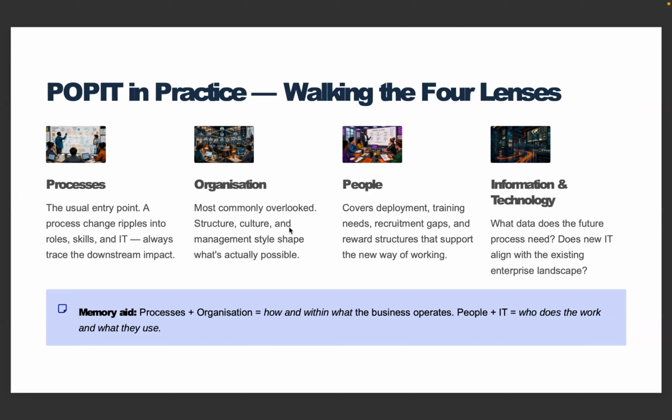may discover that the process has too many approval steps, or we could also discover that the employees are not properly trained, and it could also be that the organization structure slows the decision, or the existing systems do not support the processes. So this has shown us that we cannot look at only one area.